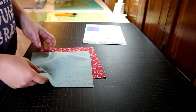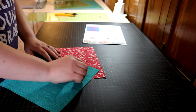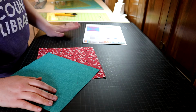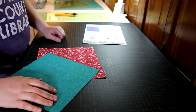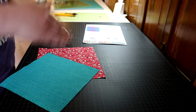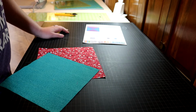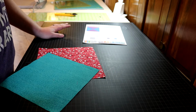The easiest way to do this is with just 2 coordinating colors, and you can do it the traditional method, which tells you to cut out a 13¼ inch block, and then the instructions show it has lines along the diagonals, so you cut it into diagonals. What that's actually going to give you is more pieces than you actually need. So if you want to make multiple blocks, that's fine,